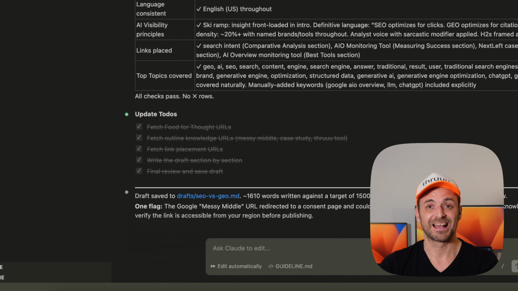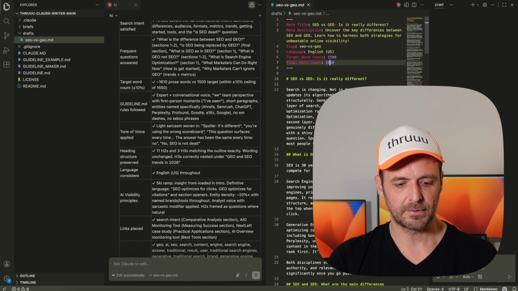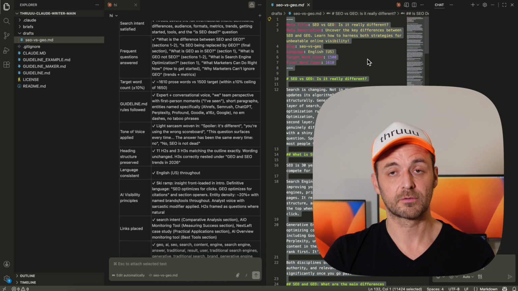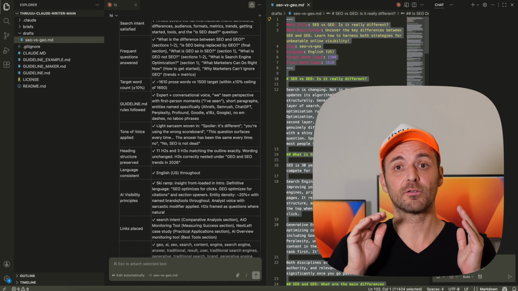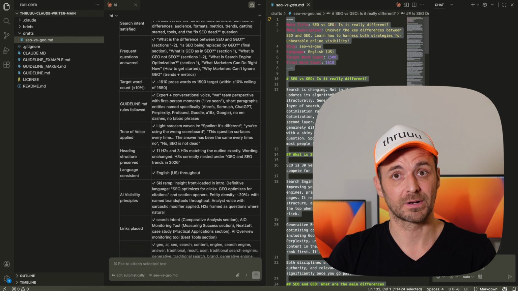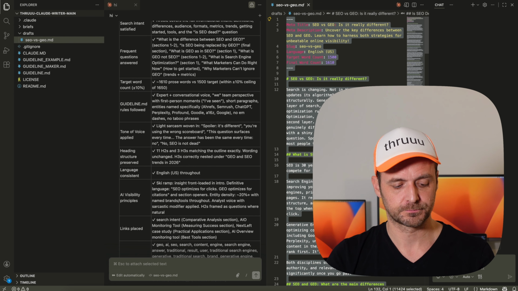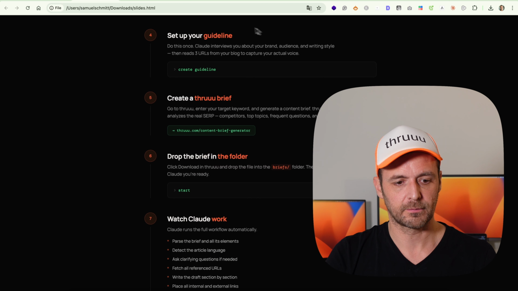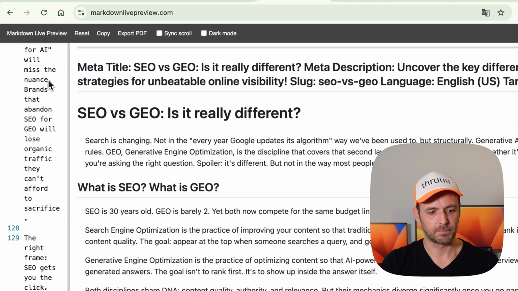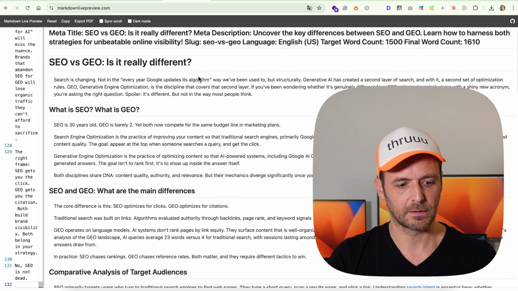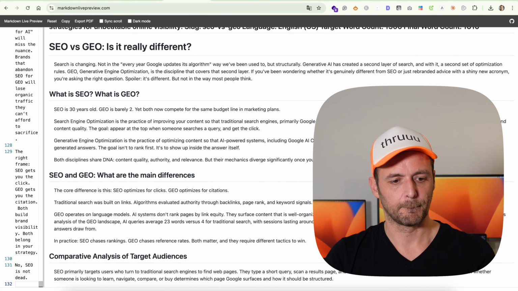And now we can have a look. So it's an MD file. I will make some improvements to also output other kinds of format, and let me know in the comments what kind of format and what kind of improvement you would like to have. But you can just copy this content and go to a website called Markdown Live Preview. I will replace that, and now I have my article. So you can see here